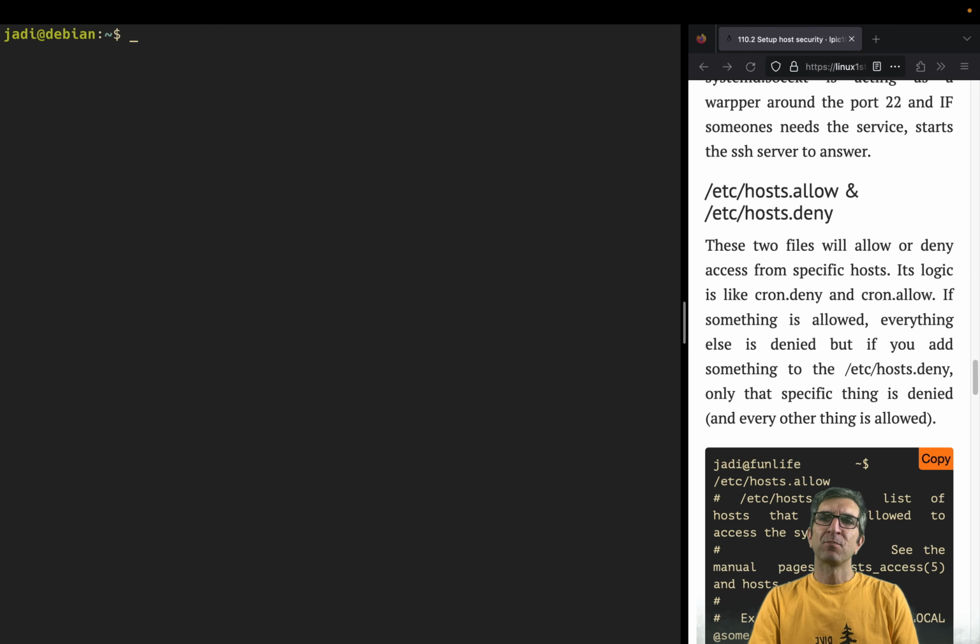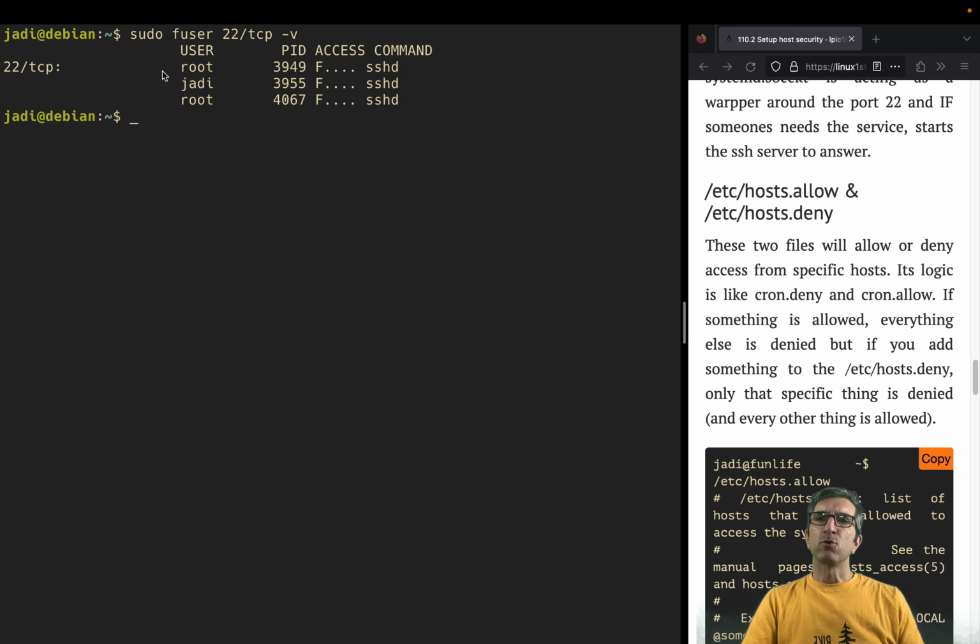We can check this with fuser 22/tcp -v with the root user, and you can see that TCP is being answered by sshd. You saw this command in the previous section. This is how we can check if a service is running or not. If what is listening to this port, sorry, fuser on port 22, it says, okay, sshd is listening to this port. What we can do, sudo